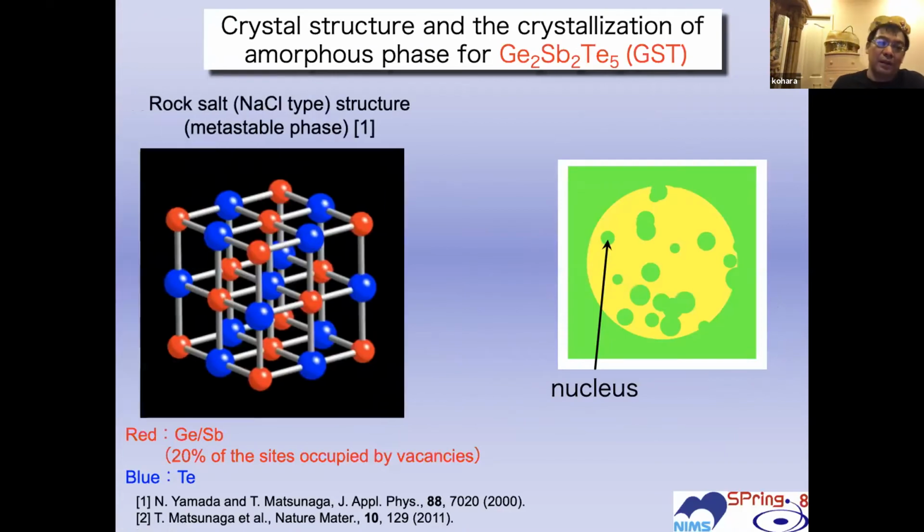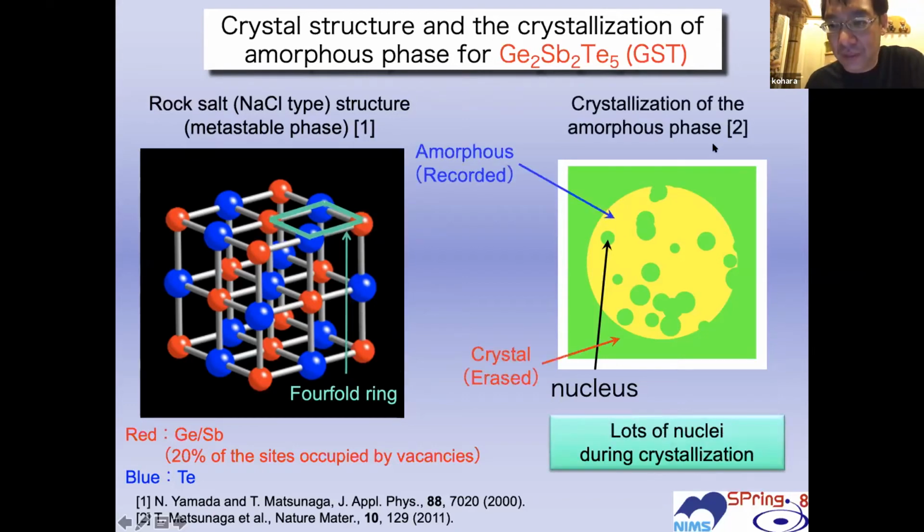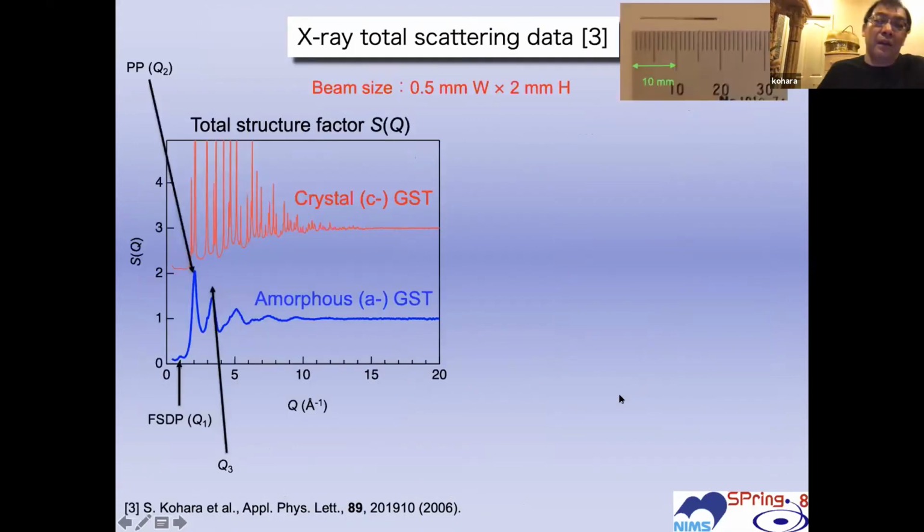Okay, so as Bob introduced, the crystalline phase has a rock salt structure. This is actually a metastable phase, with lots of vacancies, as Bob introduced. And in the crystallization behavior, we can observe lots of nuclei. First of all, we have performed, of course, a diffraction measurement, and this is the crystalline phase, and this is